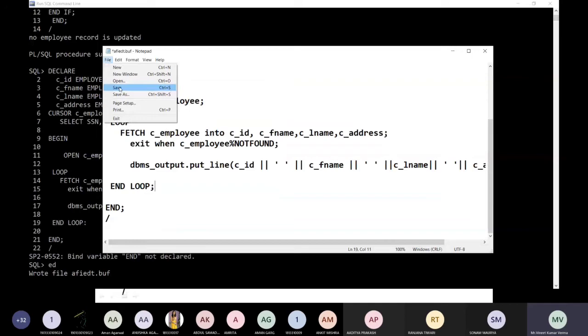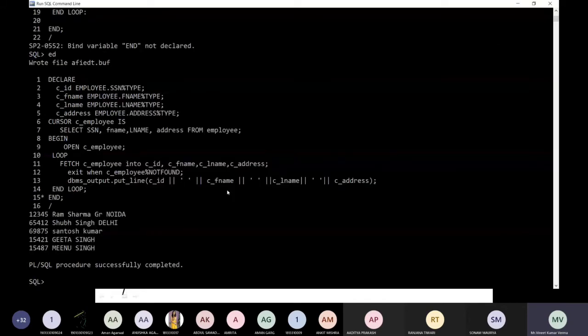See, when we execute this, this loop statement will fetch all the information one by one, because we are creating it. So the first thing is CID, which we have printed here. So this 1, 2, 3, 4, 5 is there. Ram is the first name and the last name is Sharma. Sharma is also printed, and Greater Noida is the address. So one by one we have printed all the information, right?